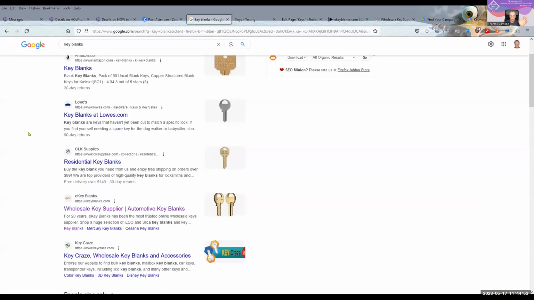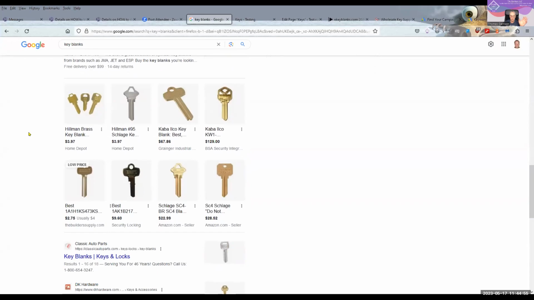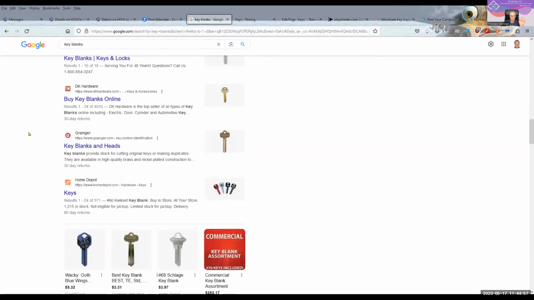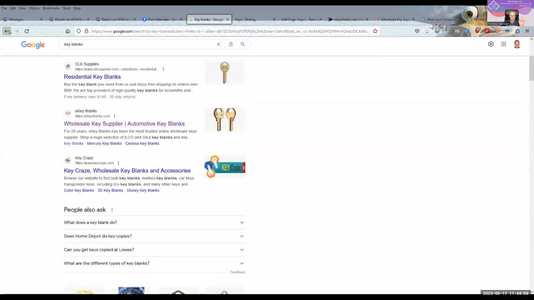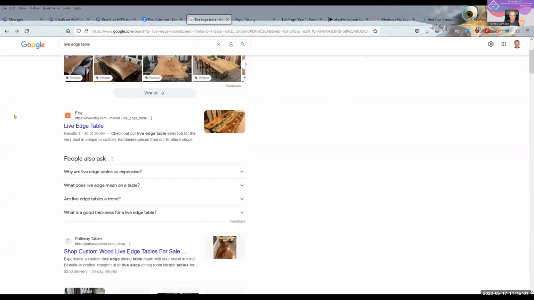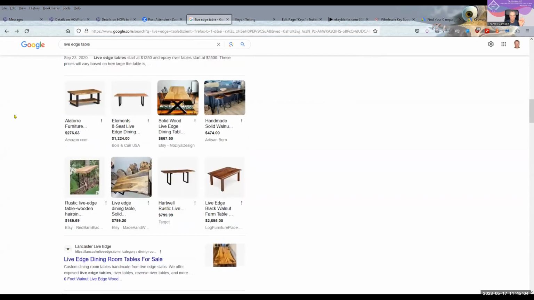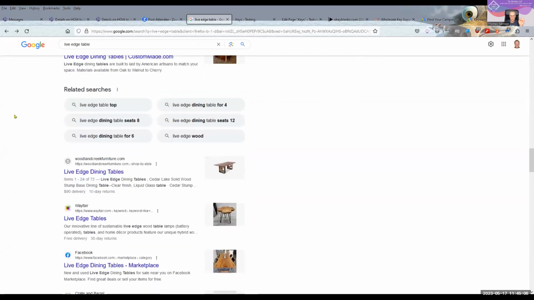You also want to get related searches, which we had when we did the live edge table. So when you see the related searches, write those down. They're what other people search. That's why they are there.